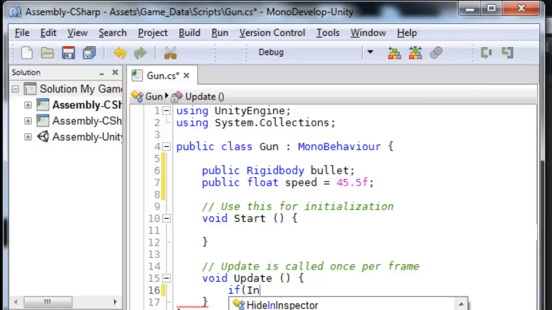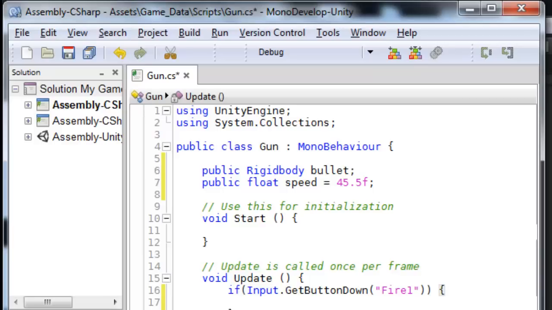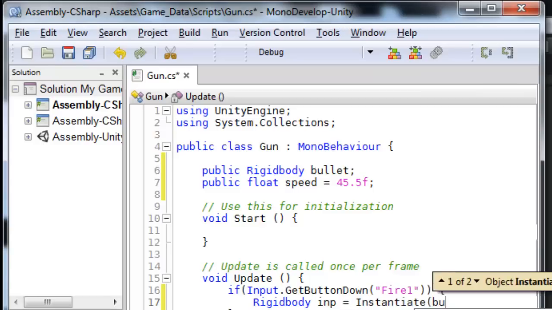Okay, so what I'm going to do is if Input.GetButtonDown, I want to get the fire key, which is also your left mouse button, so Fire1. And then inside here we want to type Rigidbody. Now this is just a variable, so call it whatever you want. I'm just going to call it imp, equals Instantiate, and then this is our bullet,